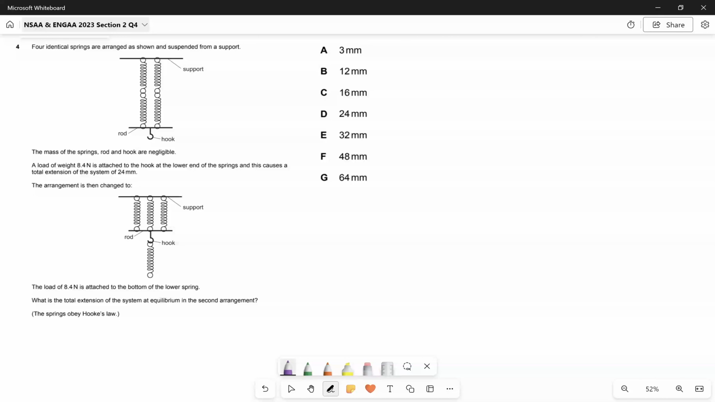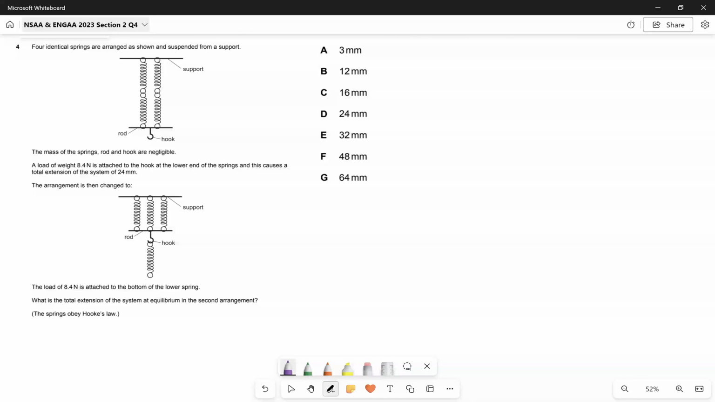So the first thing to realise is that we don't really need to care about the 8.4 newtons here because it's kept fixed in both. What we really need to see is how the spring constant, or effective spring constant or stiffness, has changed between the two systems. So we could ignore the 8.4 newtons for now and just look at how the stiffness